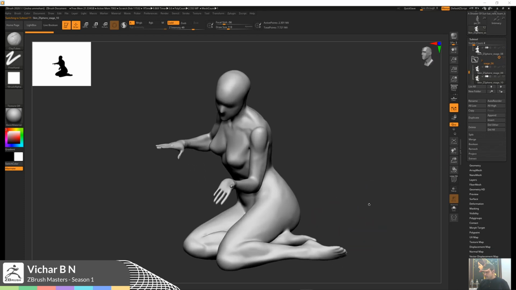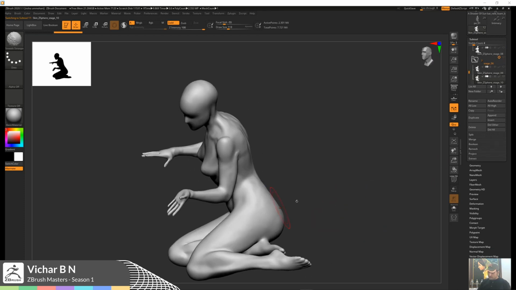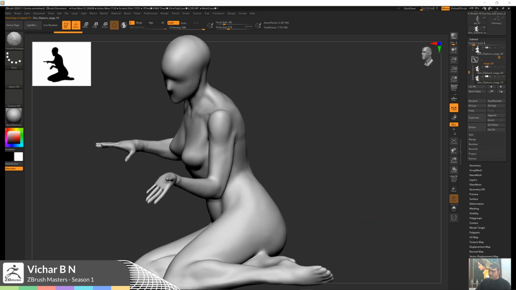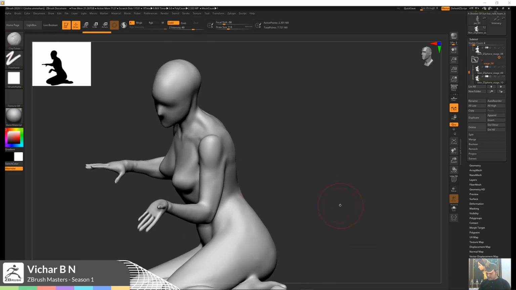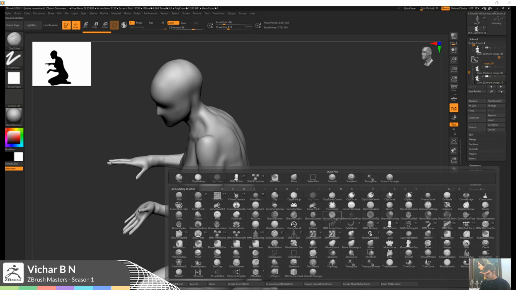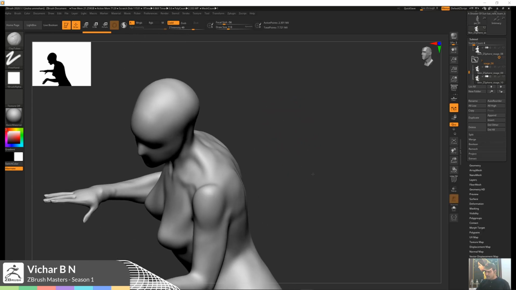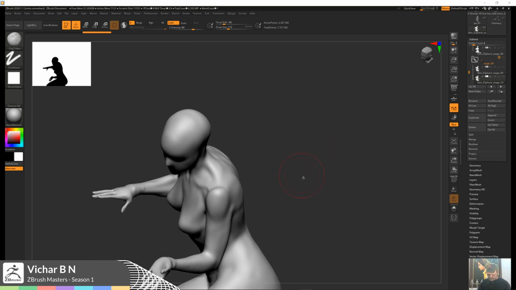So, and start adding a little bit of sculpt. My favorite brush is Move, and I use very simple tools. I use a lot of ClayTubes, Move, DamStandard, and nothing fancy. Very minimal brushes, and I try to achieve the result with minimal brushes itself. And while sculpting, I keep my intensity very low,